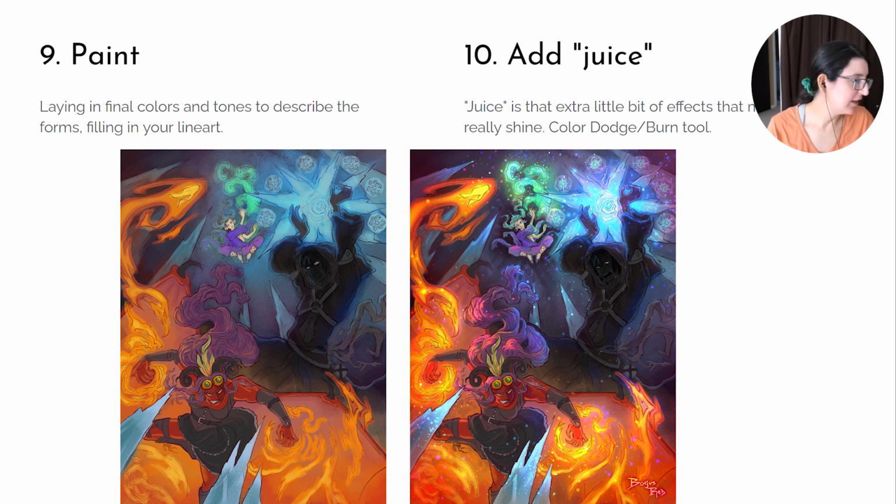So on the left, I filled in the colors that I wanted things to be, but it doesn't really have that little sparkle, that little oomph, that little feeling of magic to it. So for me, my magic sauce and my juice is the Color Dodge and Color Burn tool and brushes that add sparkle effects. So that's my secret sauce. Your secret sauce is going to differ, and you may not even have figured that out yet. This is more style related. You will figure it out over time as you create more art. Your style will start to come out. And I'm going to do a separate video just on discovering your art style.